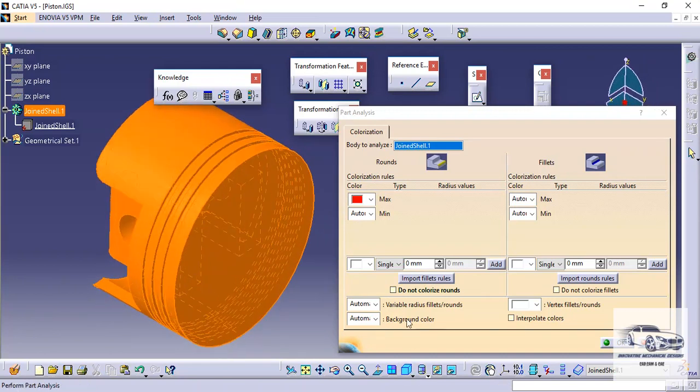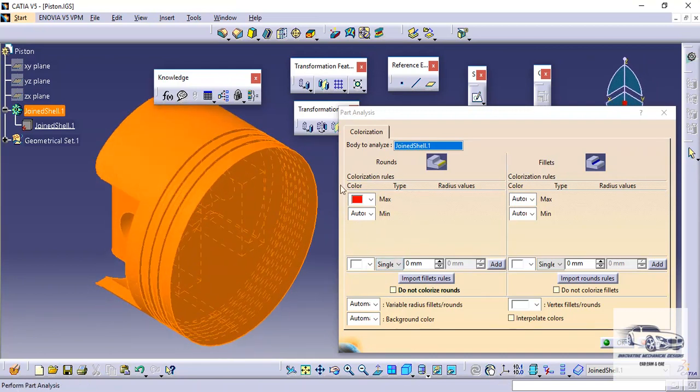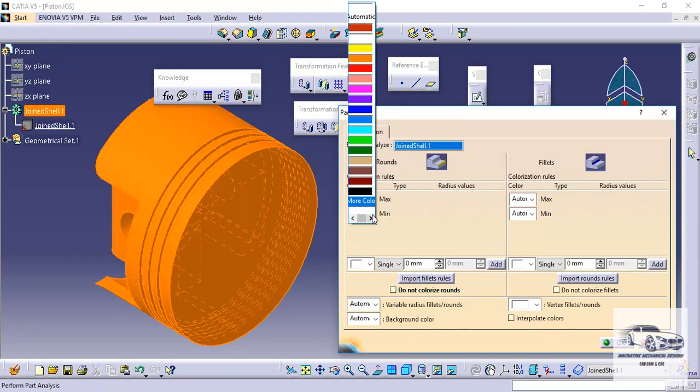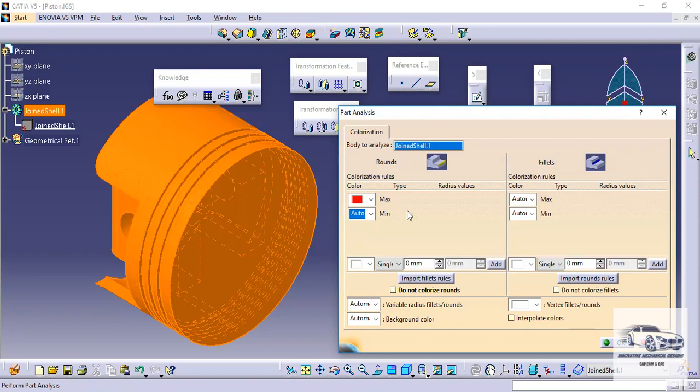So here we have different options for setting up the colors. For example, I want the maximum rounds present in my part to be highlighted in red. I can select it. For minimum I can select a different color. Now in this particular part all the rounds are of a single value, so I am not selecting any color here.